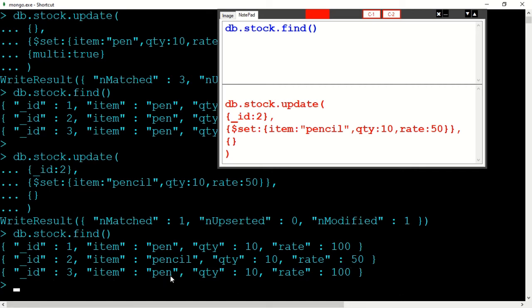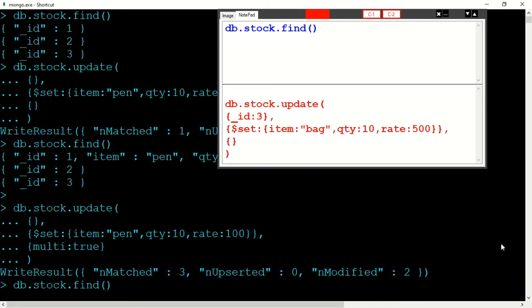The third one we will make as bag, and the rate as 500. Quantity remains the same. So how do you do it, for which id? id3, right? So id equal to 3 and we are setting what? The item as bag. Quantity remains 10 and rate is 500, right? And this is also a single record because you are only finding id3 and setting these values. So find id3 and set some new values here.